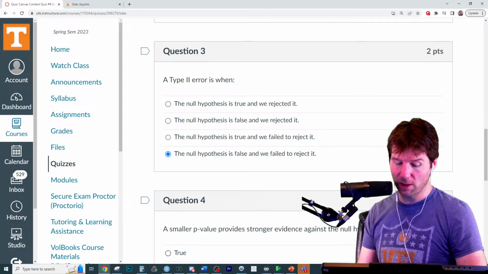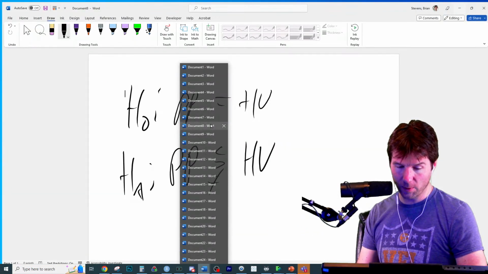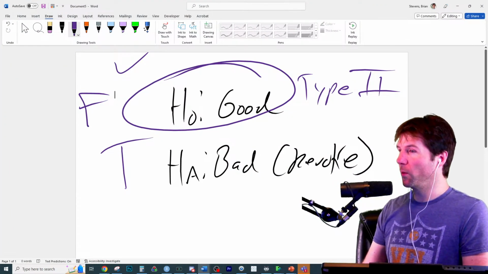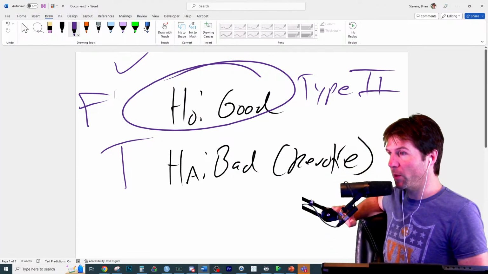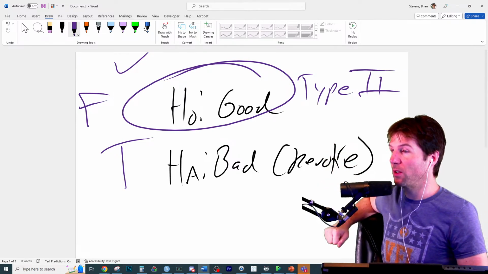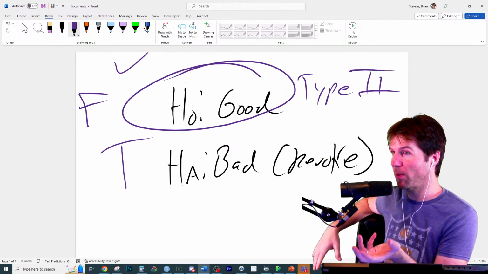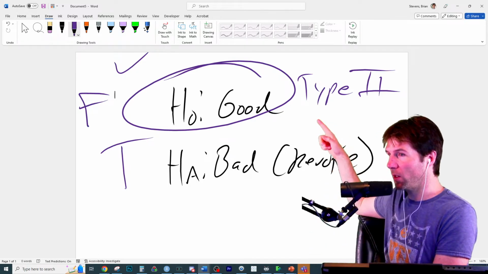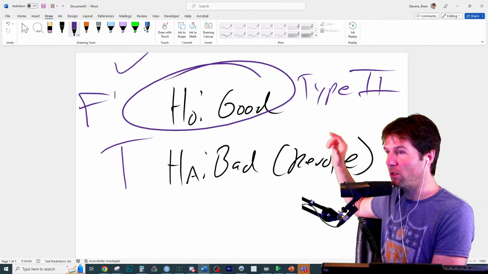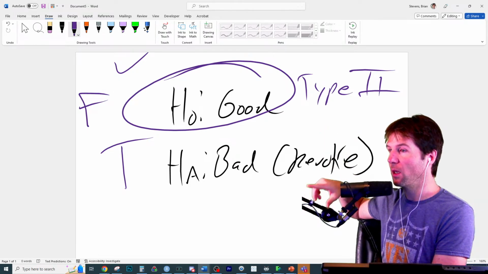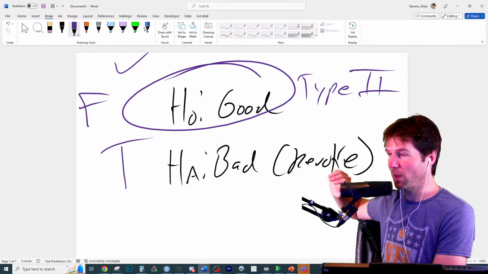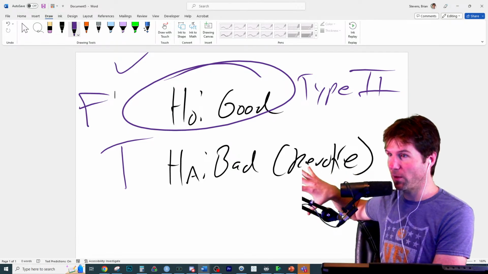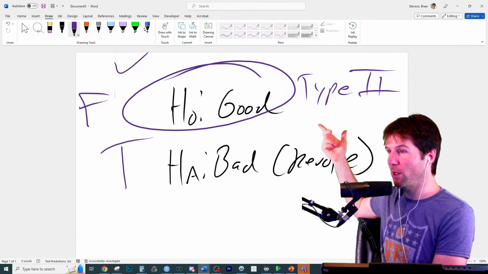Well, we do a lot of examples with this where, do we have any examples? I think we were doing type 1, type 2 error yesterday some. There it is. So we were doing one where they might have revoked the inspection of a brake place to see if they're properly inspecting the brakes. So in a type 2 error, the null is false. So it's false that they're doing good inspections. It is true that they're doing bad inspections. So it's true that they should revoke their license. Like, the truth is that this brake company doing inspections should have their license revoked. But we are going to fail to reject the null.